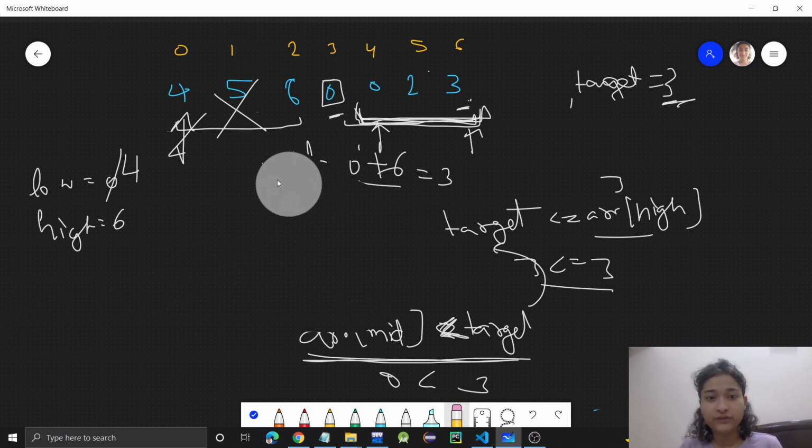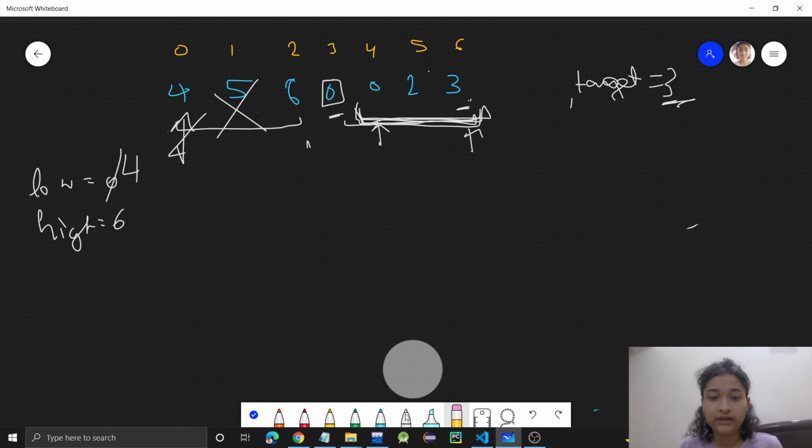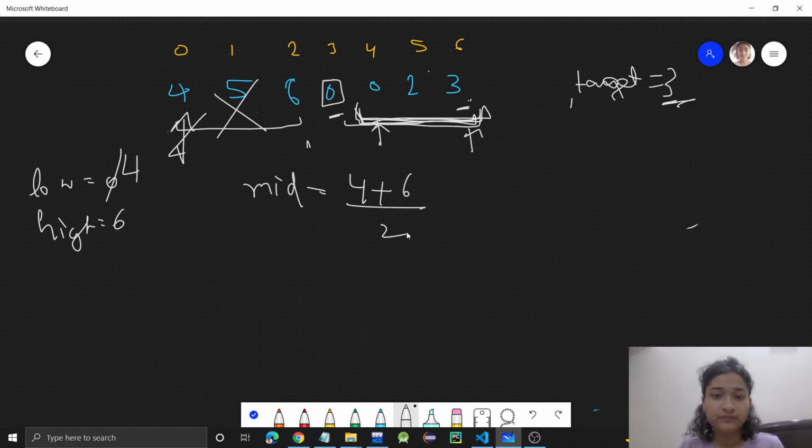Now let's do further. So right now our search space is this one. So see, now again we will calculate mid. We will calculate mid index, basically 4 plus 6 by 2, low plus high by 2, which is 10 by 2, 5. That is this. Okay. Now again we will check.